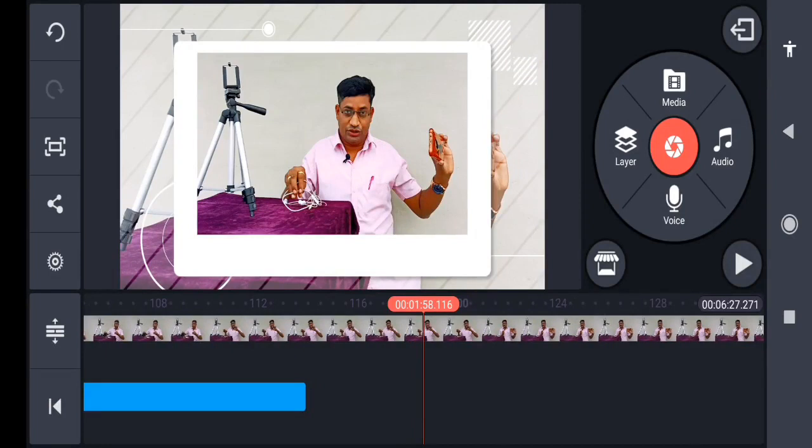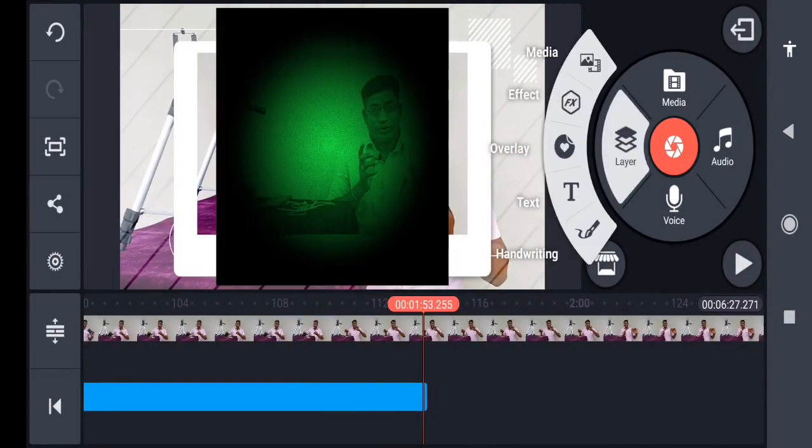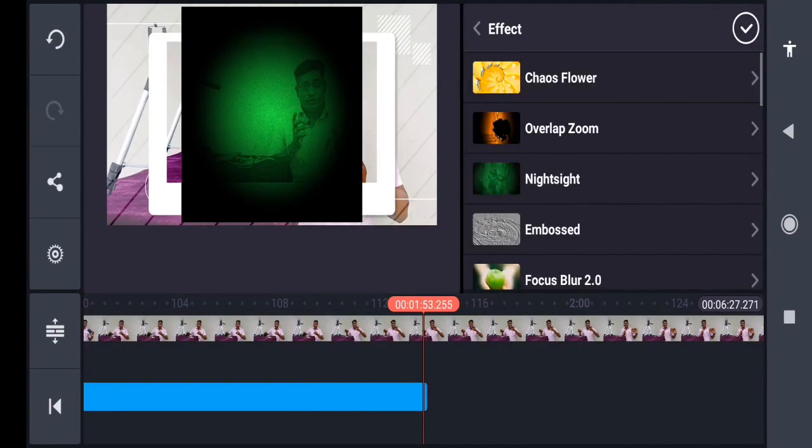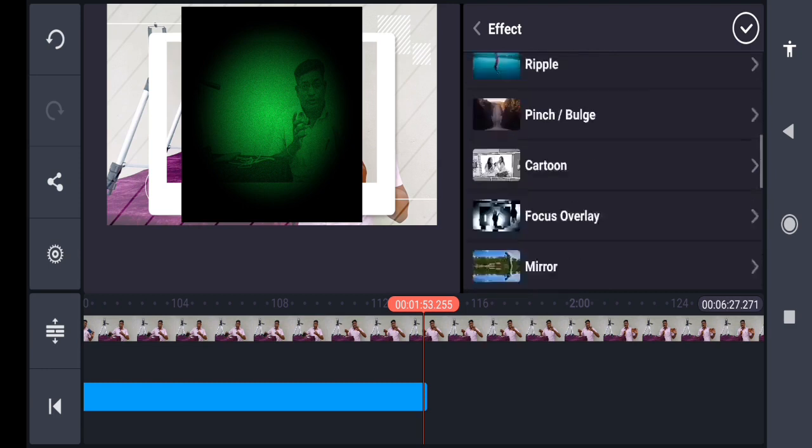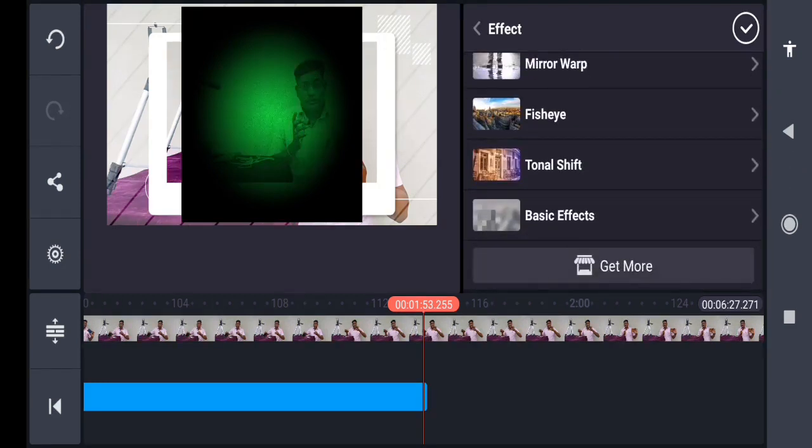Okay, dear friends. Now about the effects, the important thing is that there are a number of effects in the KineMaster library. If you want to get more effects, see here, reach and get more, you must have either the paid version or what I suggested in previous videos, the unlocked version. The link is given in the description, or I already made a video. You will find the unlocked version. With that, thousands of features are there in the unlocked version or the paid version. So you do not need to pay a single penny. That is not a cracked or stolen version.